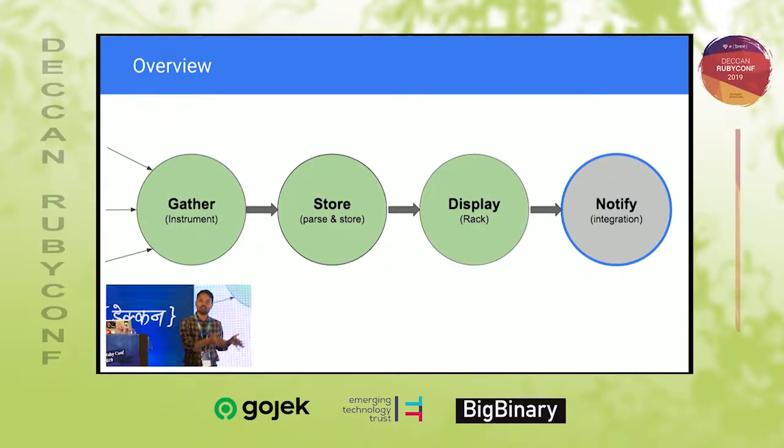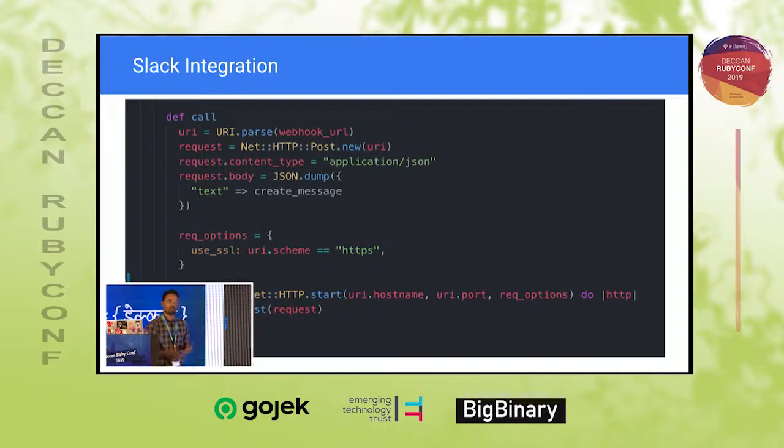We stored using raw SQL queries because we are using Rack. We are not with a Rails engine. We also managed to have a Rack-mounted display with the help of routing and Rack-style ERBs. You need to manually use ERB because it's not Rails. And the last part is to get notified when a certain exception occurs.